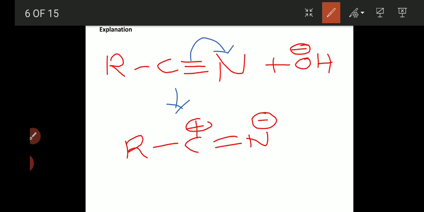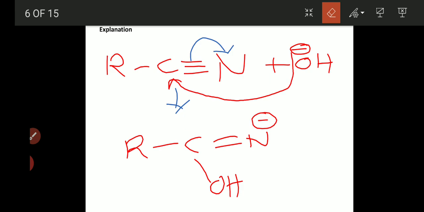Base. OH minus shall be on oxygen. Now this OH minus, as it has excess electrons, minus means excess electrons, so it will donate its electron pair to carbon. Why? By losing a bond, carbon is getting positive charge now, that's why. So it will form a bond with carbon, C plus, OH minus. So by forming a bond, it will neutralize. Now this is the resulting compound.